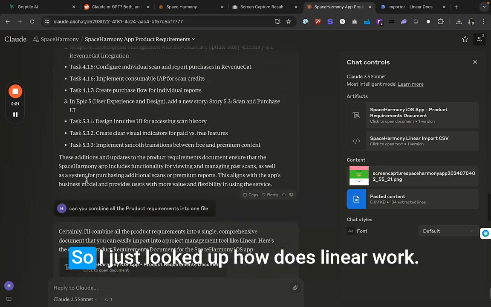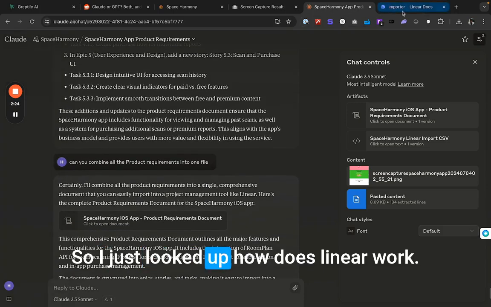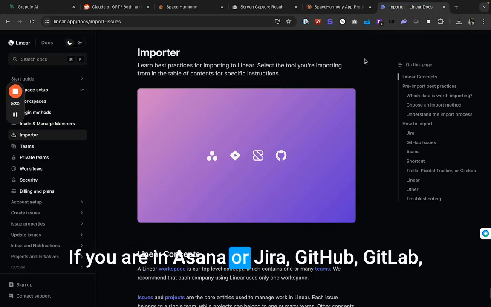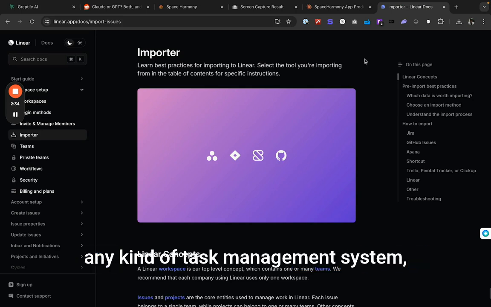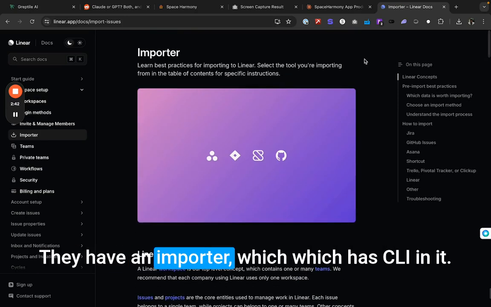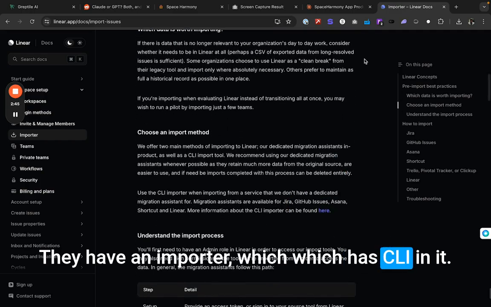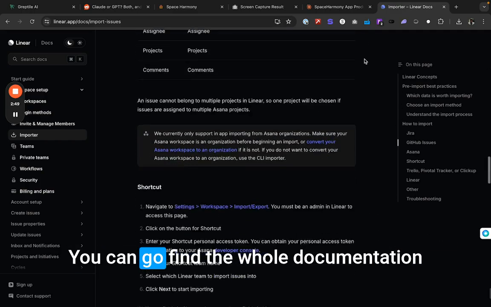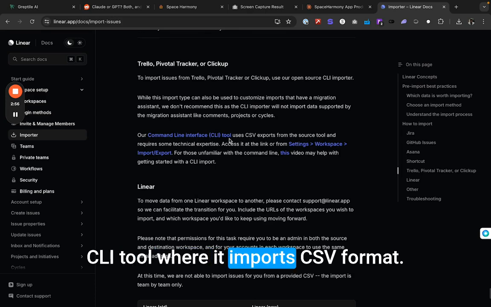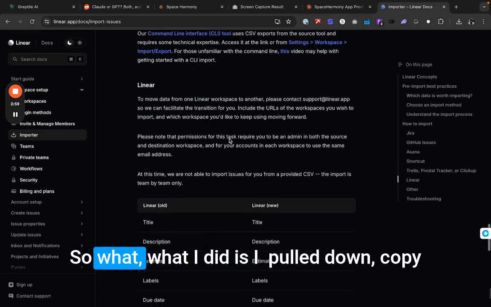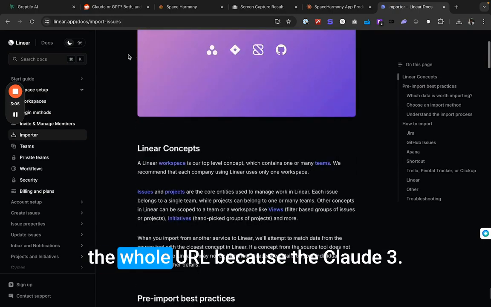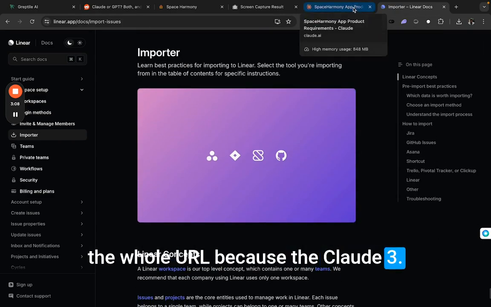tracking system. So I just looked up how Linear imports stuff if you're in Asana or Jira, GitHub, GitLab, any kind of task management system, and you're trying to pull it into Linear. They have an importer which has a CLI in it. You can find the whole documentation of the import export, and they have a CLI tool where it imports CSV format. So what I did is I copied the whole documentation, because